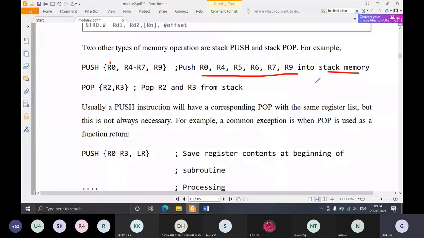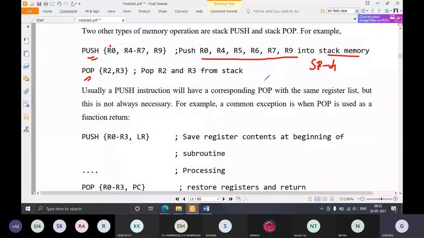We have already discussed the push and pop instructions. If it is a push instruction, the stack pointer is decremented by 4, SP minus 4, and then the store operation takes place. If it is a pop operation, first the contents of the memory locations pointed to by the stack pointer are retrieved, and then the stack pointer is adjusted by SP plus 4. So that is what will happen. Right?